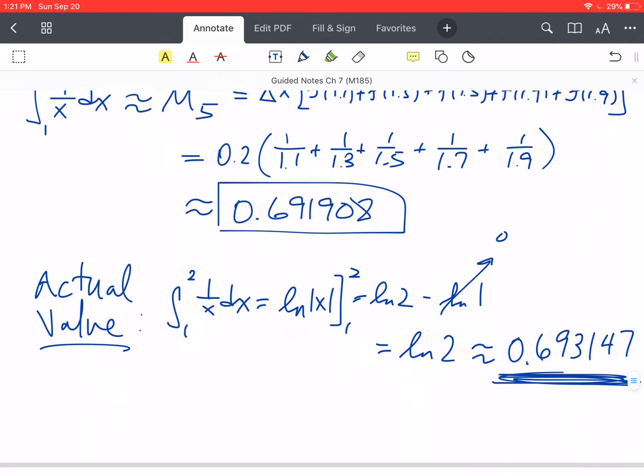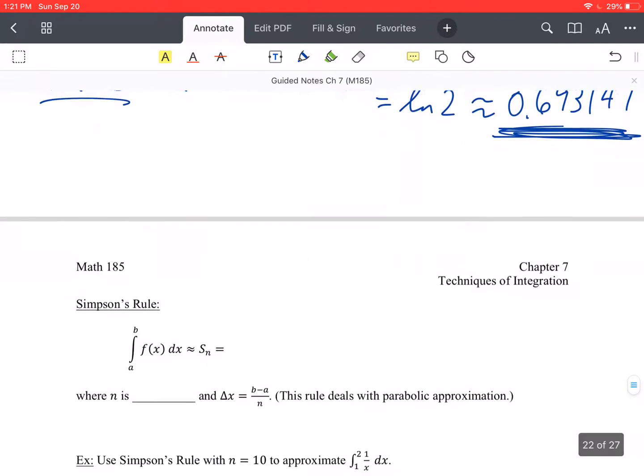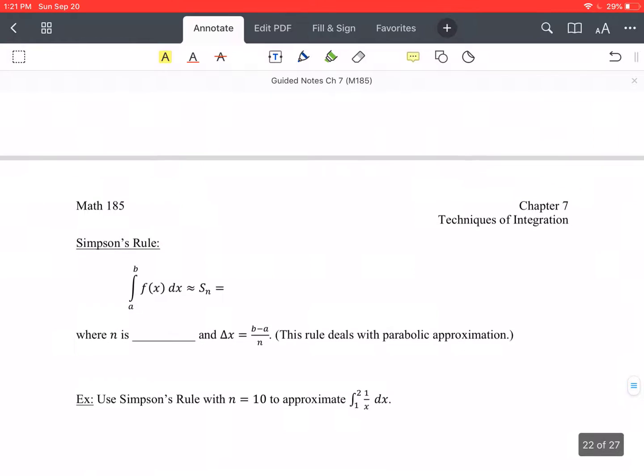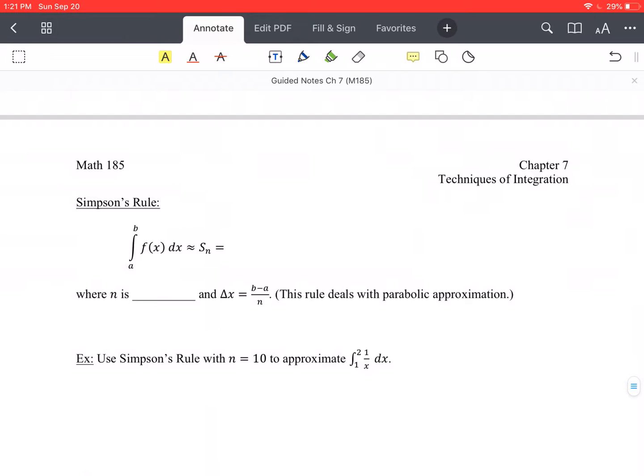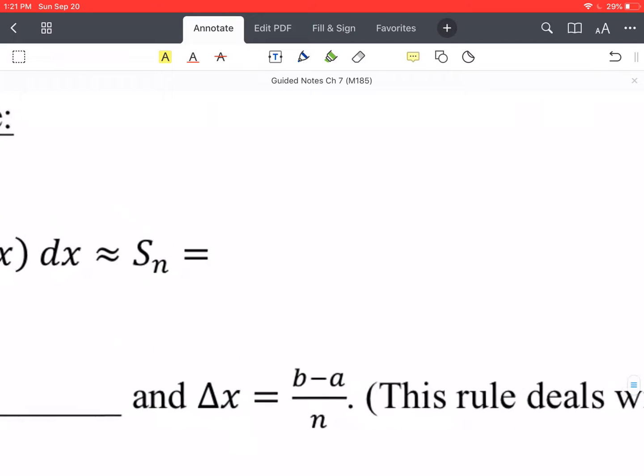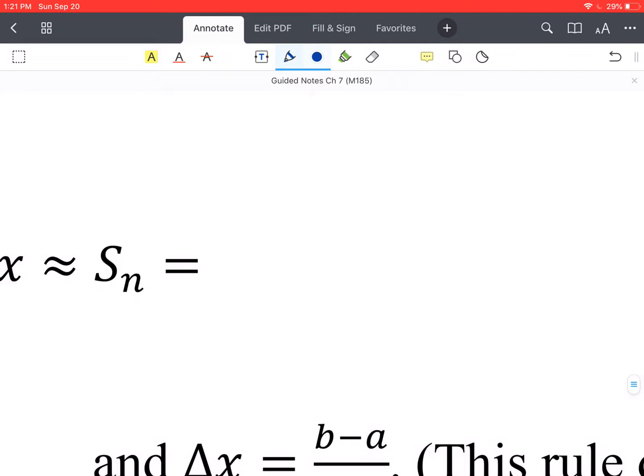And now we're going to look at one more technique of approximate integration. This is Simpson's rule. Simpson's rule is actually going to be even more accurate than either of these previous two. So Simpson's rule says that the value of the integral is approximately equal to S sub n, which is Simpson's rule with n subrectangles, which is going to be delta x over 3. You might need a little space for this one, it's a little long,